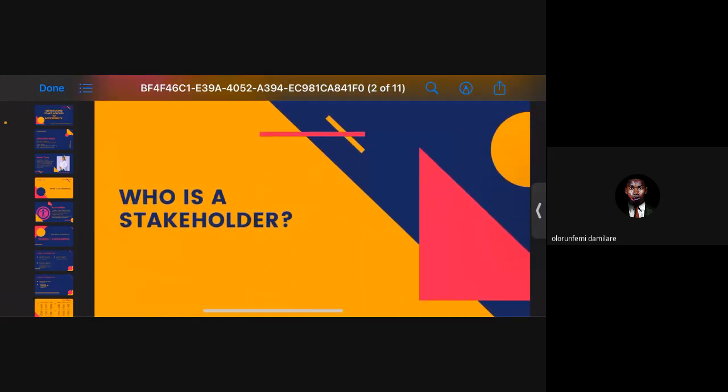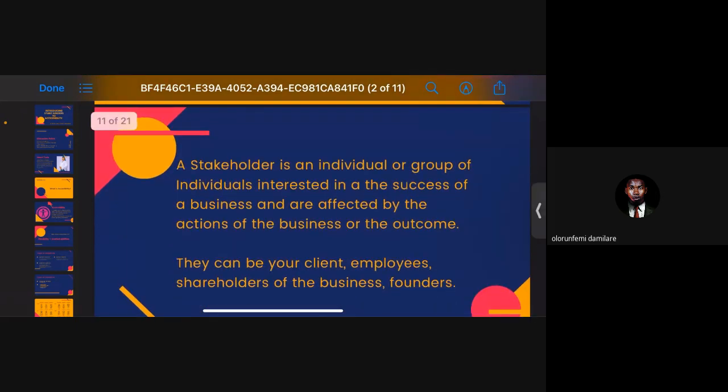Now, stakeholder. I know maybe when you saw the topic stakeholder, you were thinking, ah, does it concern me? Am I a stakeholder? Why do I think this is important? So let us know who these stakeholders are and why it's important for them to know about accessibility and implement it in their products, right? So this is how I define a stakeholder. I mean, not just me, but after research, this is the definition of a stakeholder.